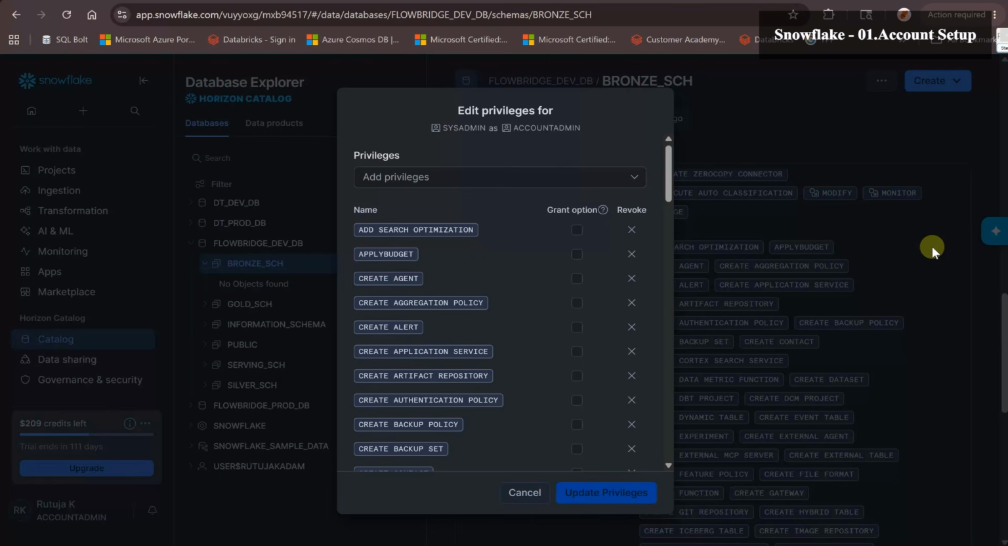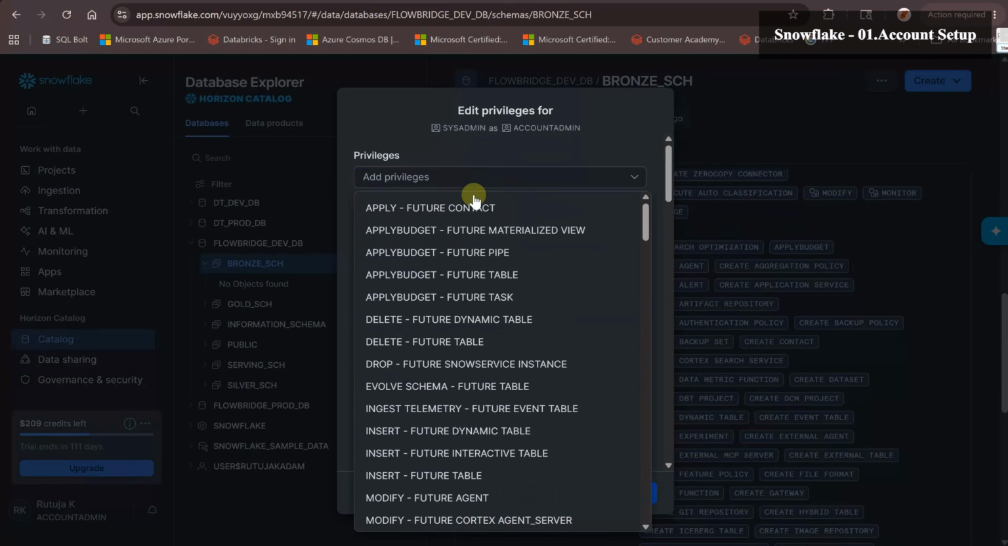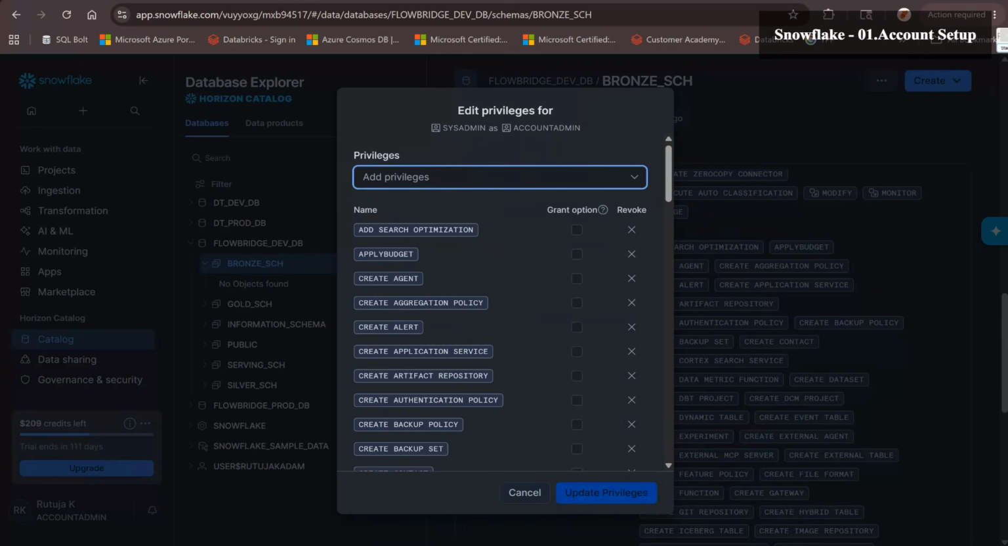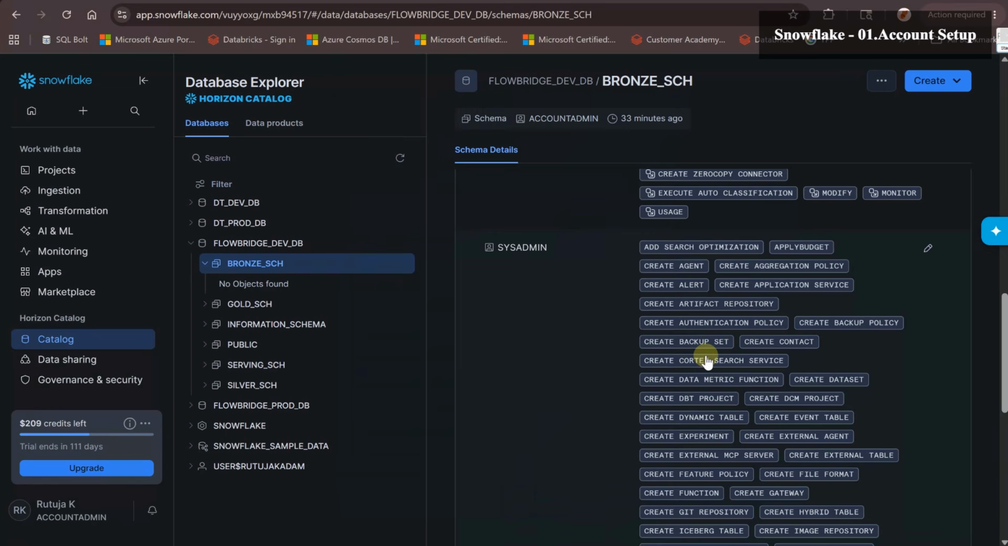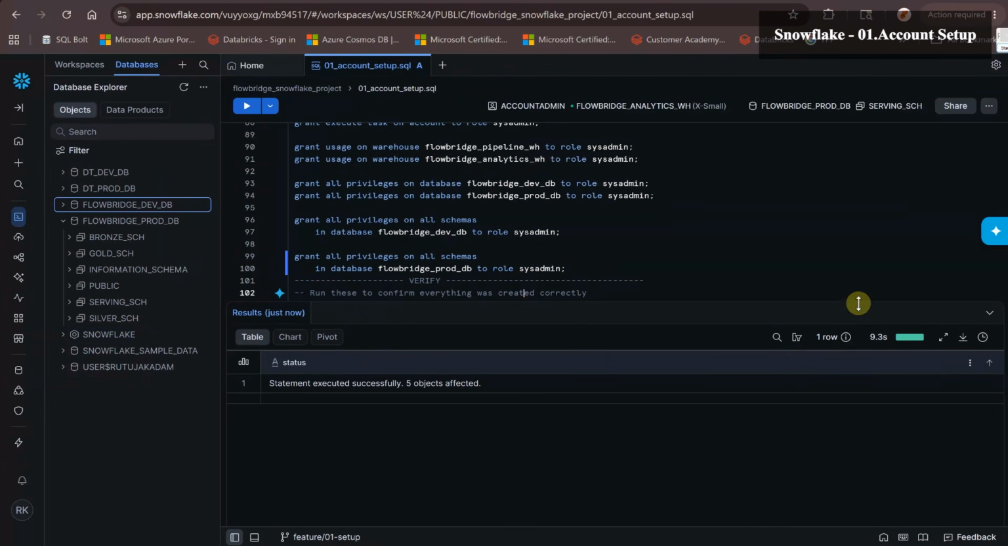We have an edit option from here too, from Snowsight, and it will show you all the privileges here. You can add privileges from here also, and then you can select it and say update privileges. So this is another way, or second way, from where you can grant those privileges. Now coming back to our file,